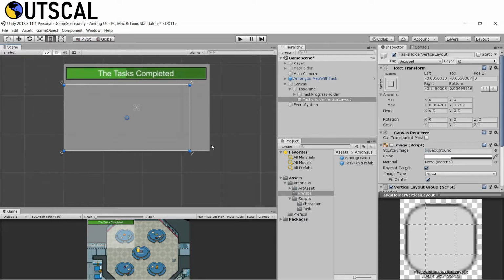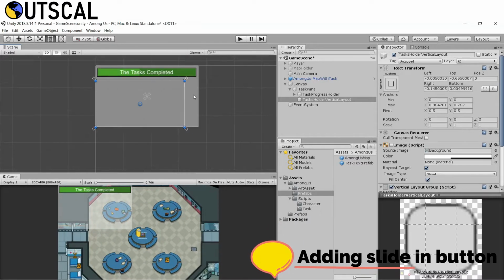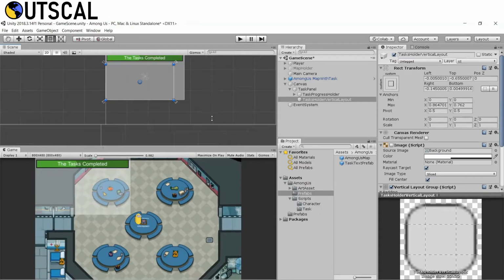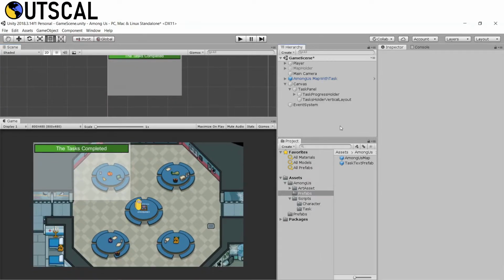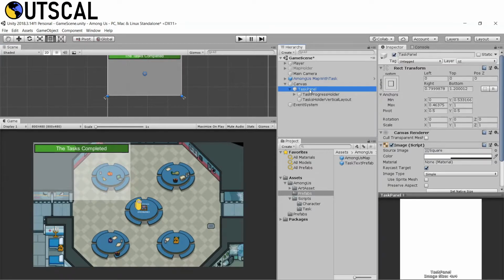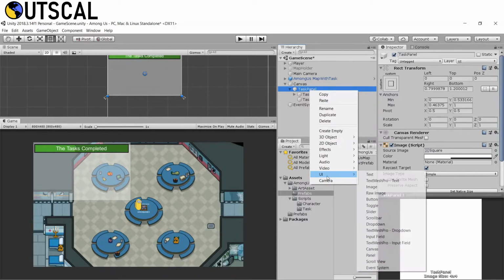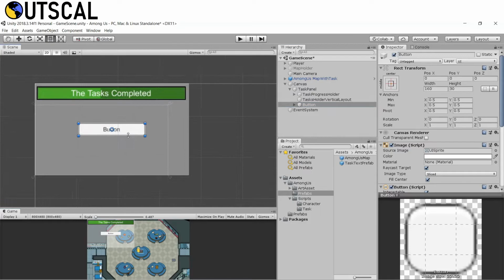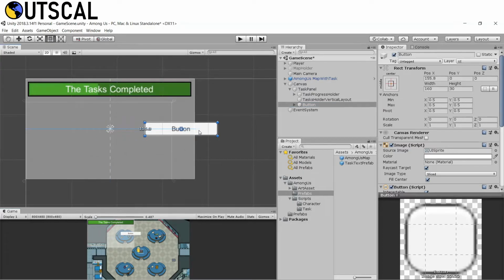We need to add a button here which will be called task, so that when we click on that button, this entire UI slides out of the scene and then slides back in, right? So click on this task panel, right click, create a button, and we will just drag it here.